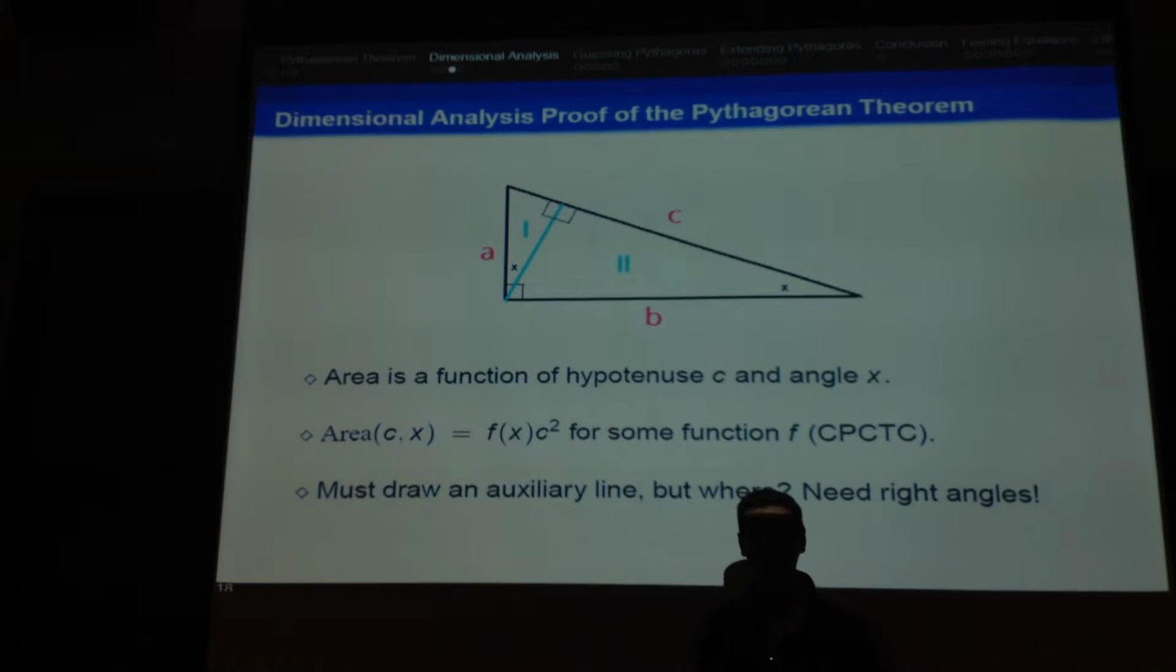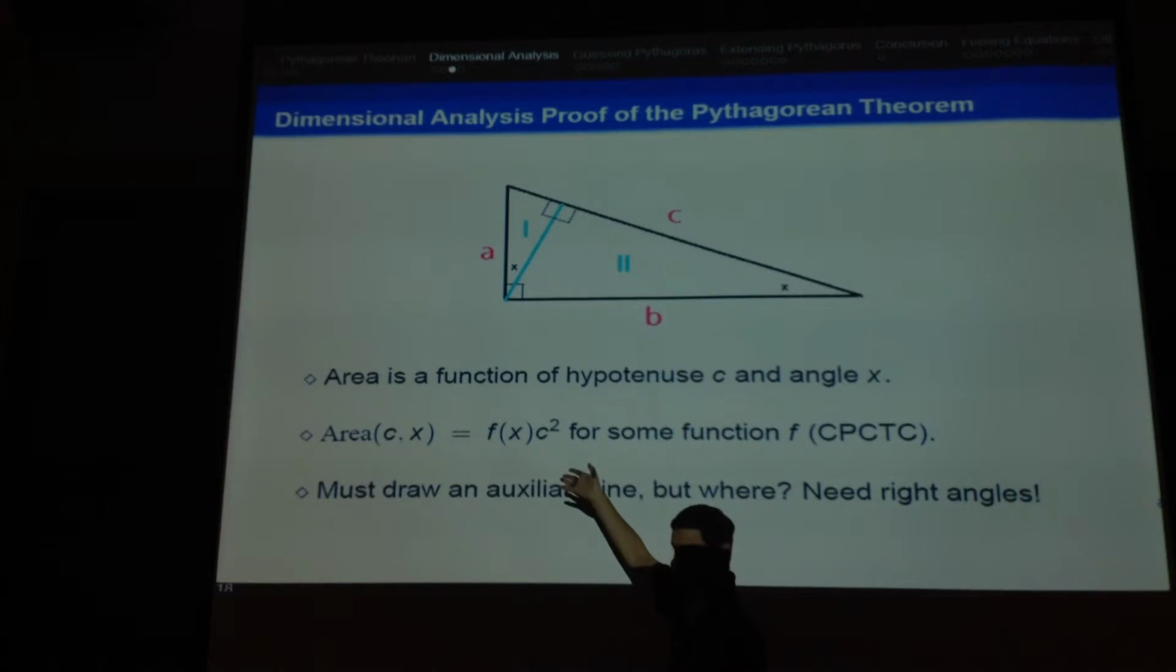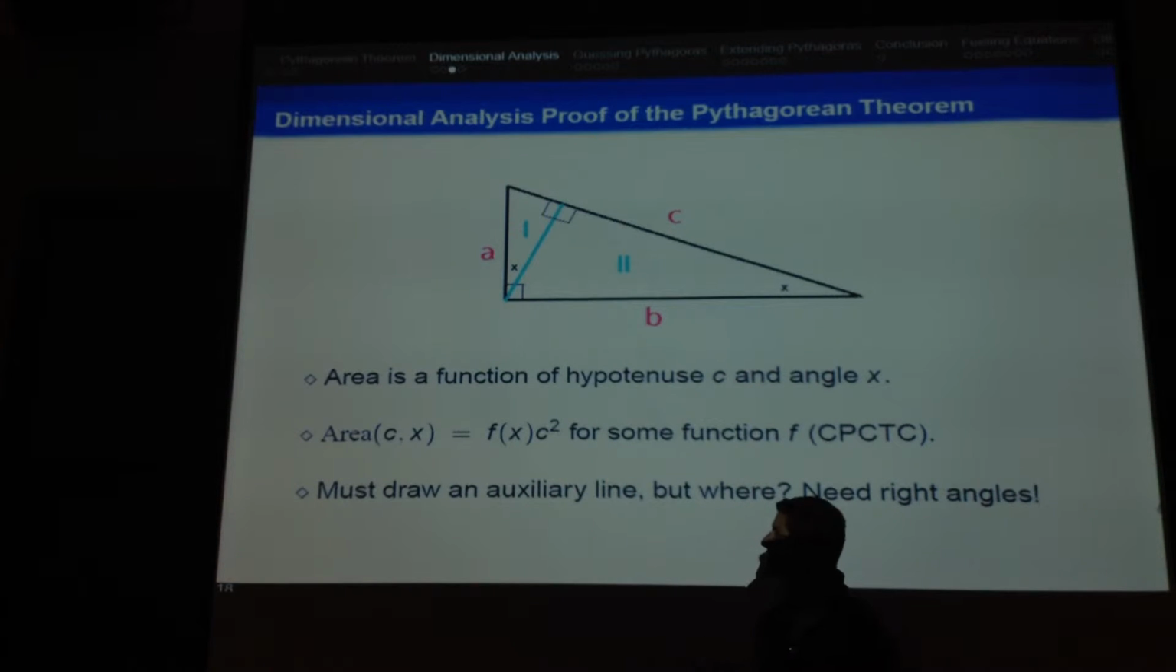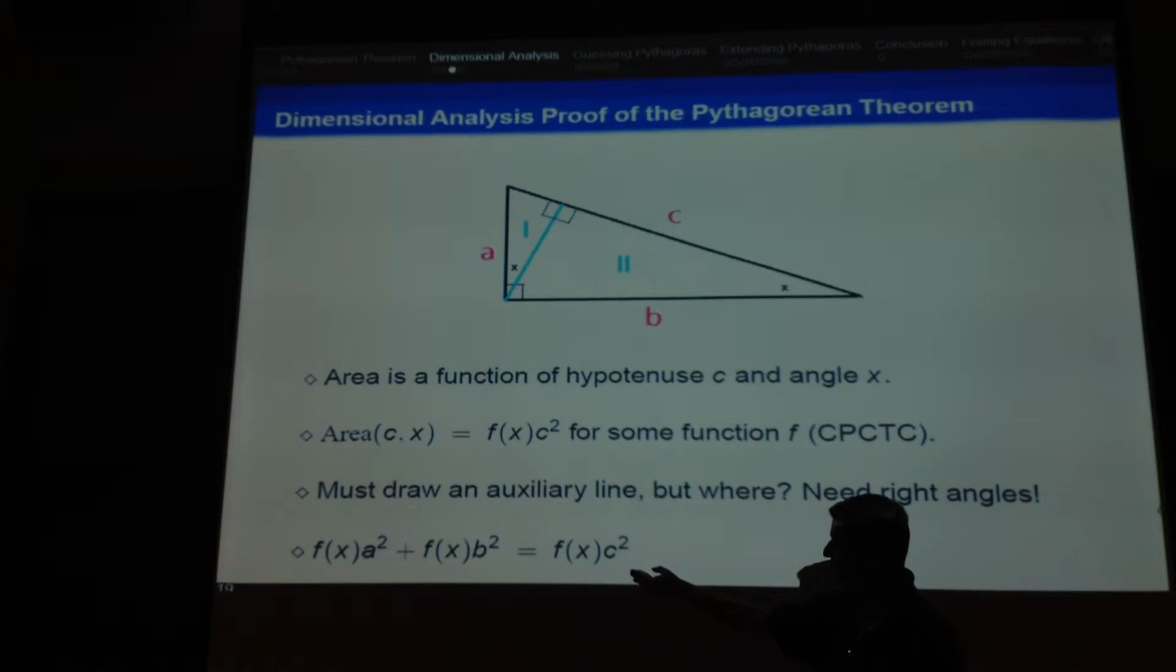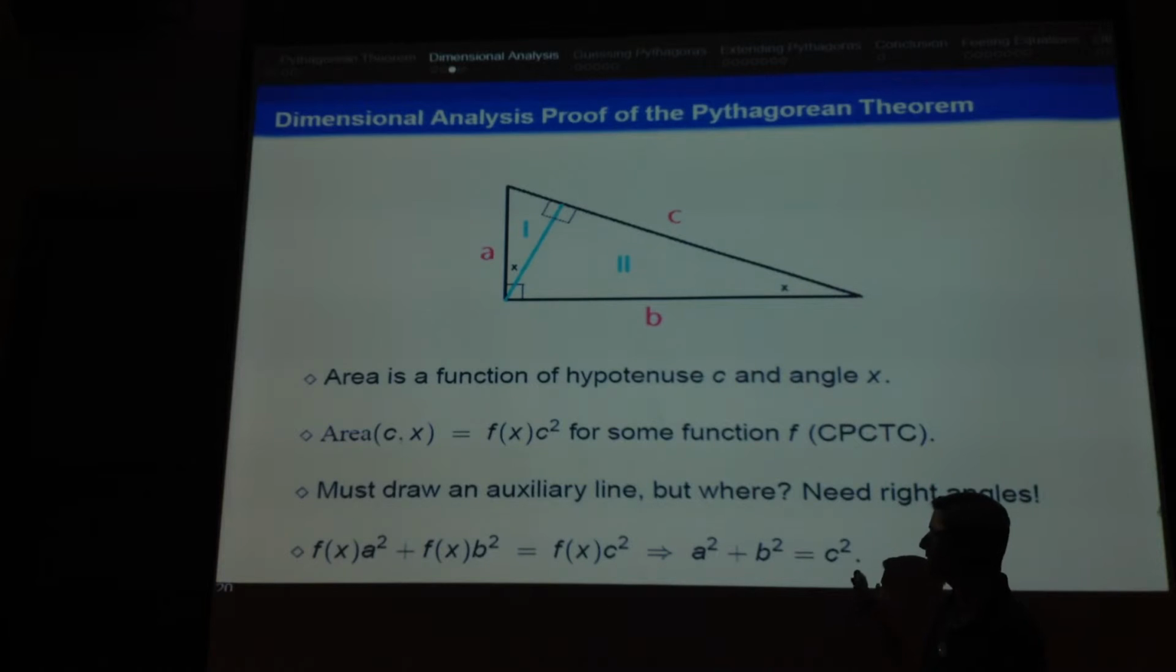So what's the area of triangle 1? Yes? f of x a squared. We know that the area of a triangle with angle x is equal to f of x times the hypotenuse squared. So we get f of x a squared plus f of x b squared equals f of x c squared. I was originally going to then just go and immediately say a squared plus b squared equals c